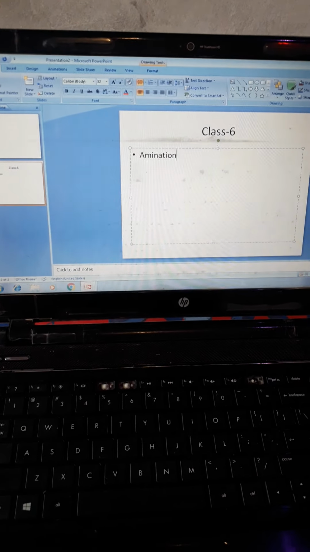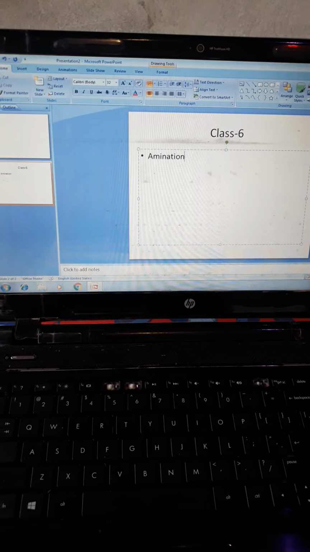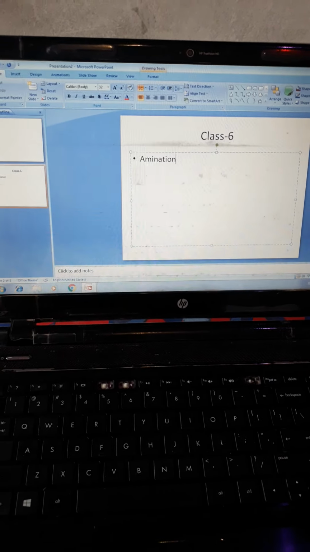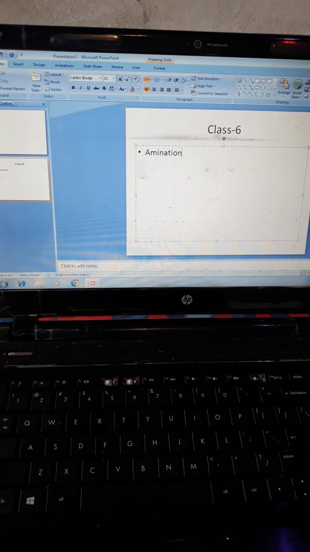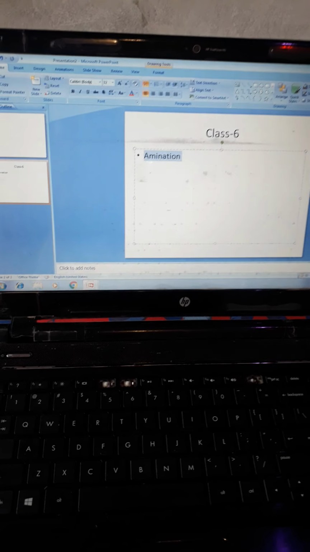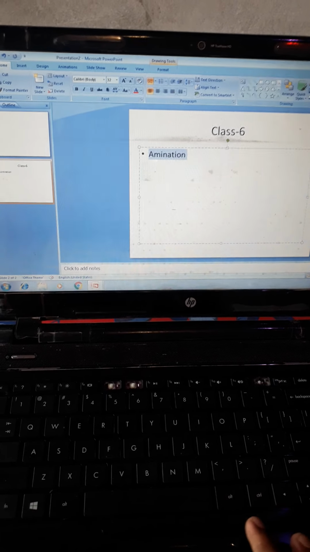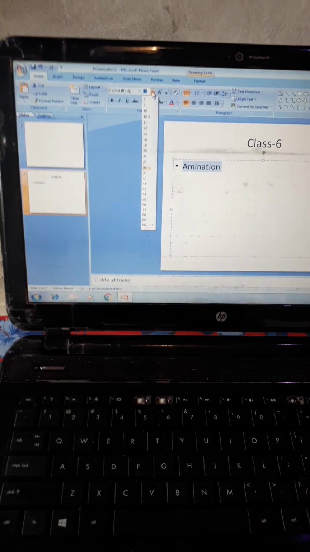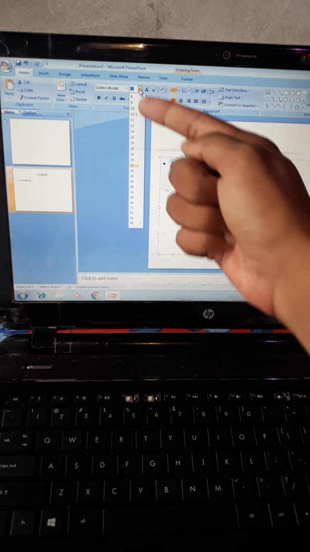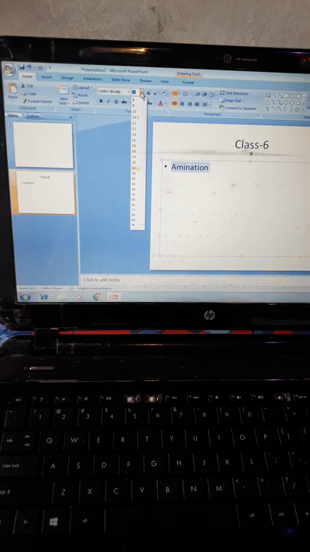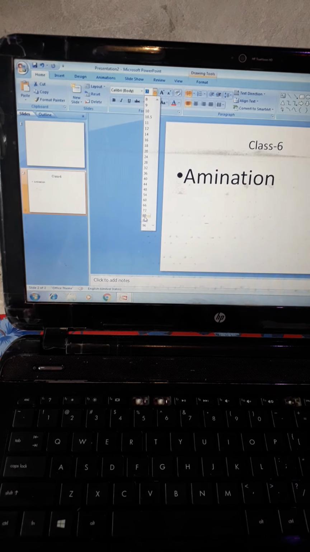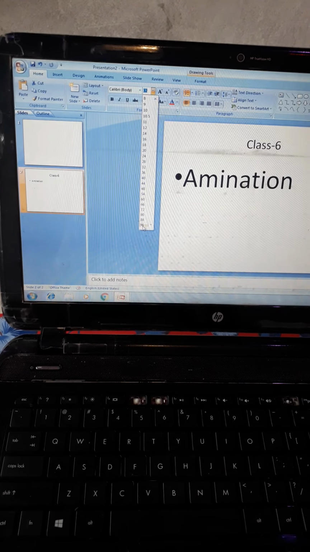Next is how we can change the font size, font colors, and how to apply many effects. To change the font size, we simply have to select the text. To select the text, we can use Ctrl+A to select all text, and then click on the font size option. You can see here as given. Now I am going to click here. After clicking, this type of option will appear on the computer screen. According to your needs, you can select the font size. So I am going to select 96.